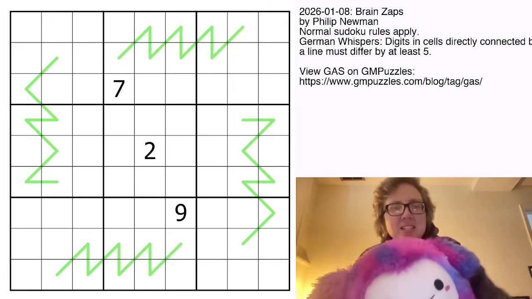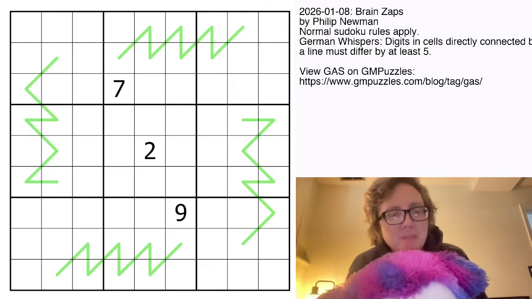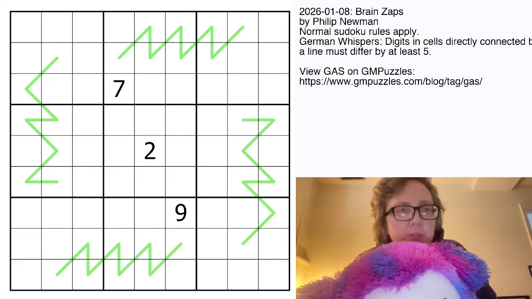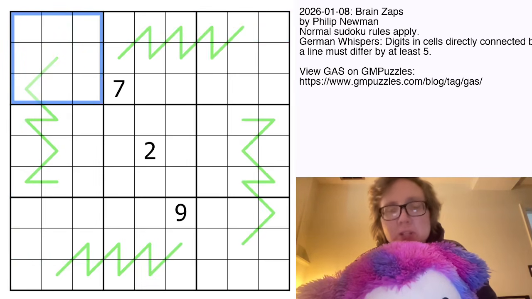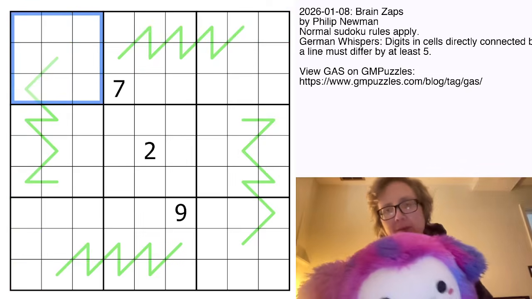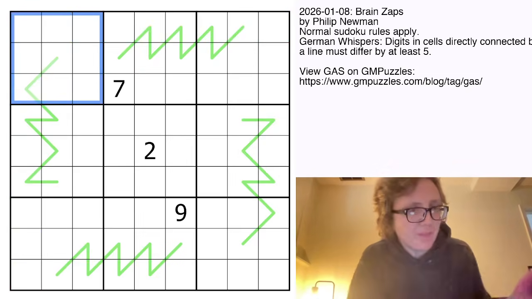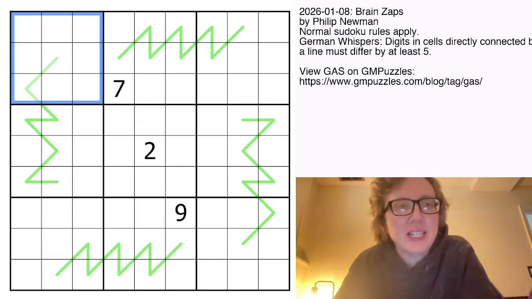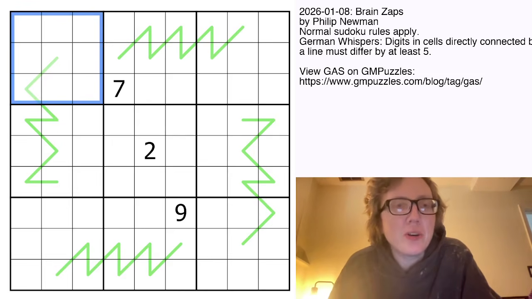Newman. This is a German whisper Sudoku. So we have standard Sudoku rules, replacing the digits 1 through 9 once each in each row, each column, and each outlined 3x3 region. And then on top of that, we have some German whispers lines. Along each of these green lines, digits have to always have a difference of 5 or more if they're